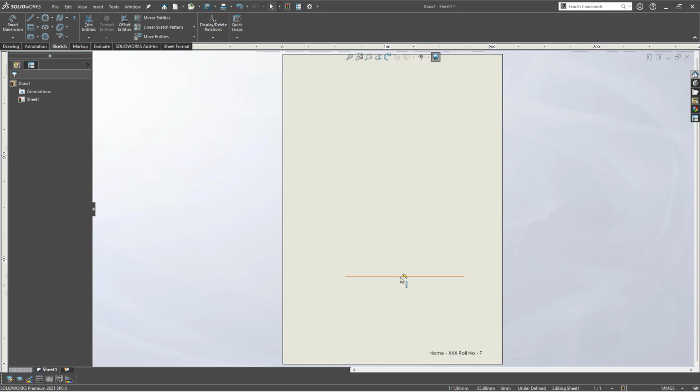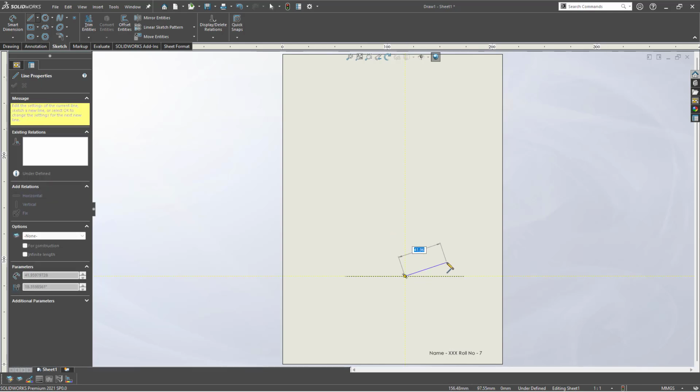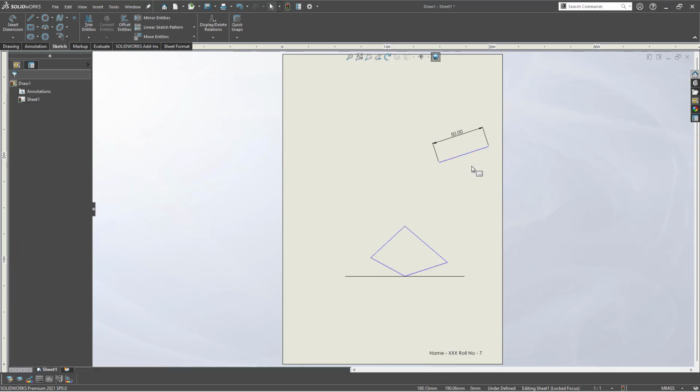Now what you can do is use a shortcut. L is the shortcut to activate the line, and you can come here and do it. There again we have the for construction option, you can just do it. Let me take the reference point of this one and draw a rough sketch like this. Just a rough sketch, and you can even do it manually, like here you can simply draw a line of 50 and enter, and you can simply draw one more line like this,